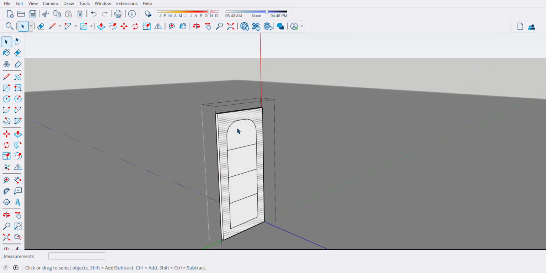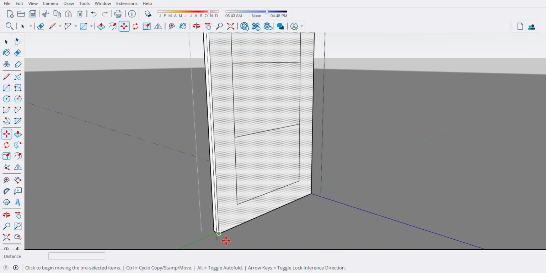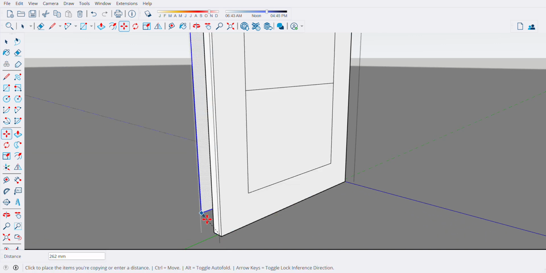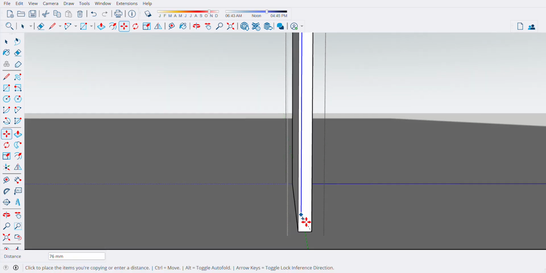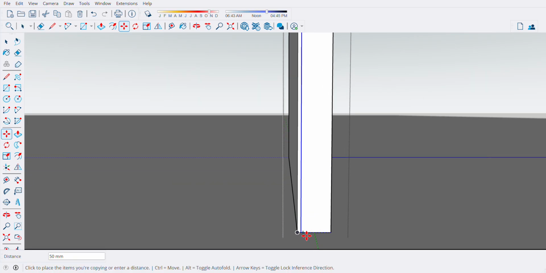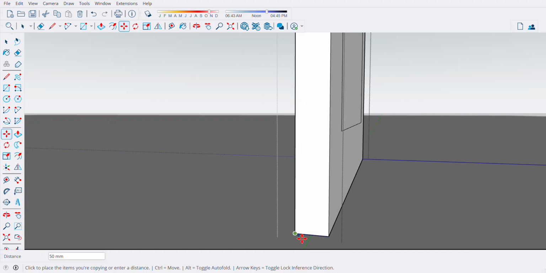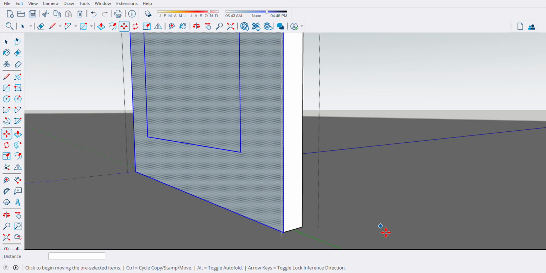So okay, we'll copy this face by using the M command. Press Control to have a copy, and then click here at the other side.